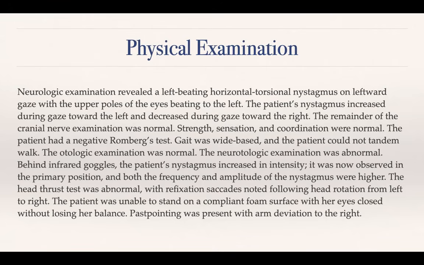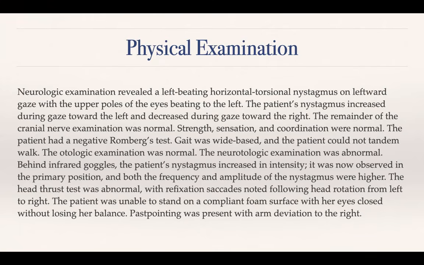In the first sentence they said it was only on the left gaze with the upper poles beating to the left, the left beating horizontal nystagmus and torsional nystagmus, upper pole beating to the left. This was what was observed. Though they do make a statement that it decreased in intensity towards the right, it looks like absence of nystagmus on right gaze is what they are talking about, decrease in intensity on the right, because the further discussion